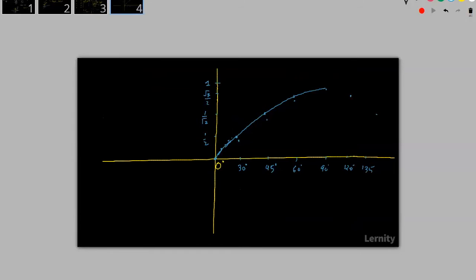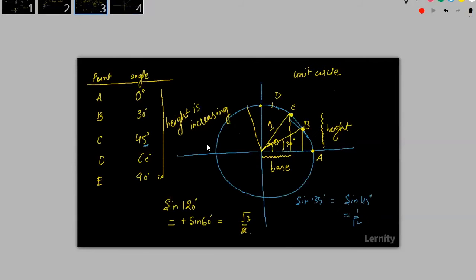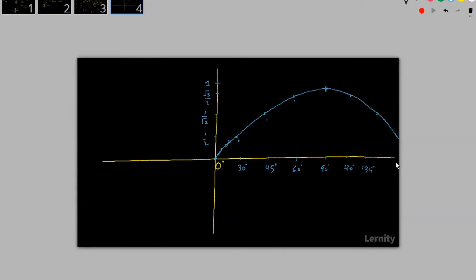Right? And same thing, as we move along, it will be the same. So this is exactly the same, so the curve will move exactly the same way, but down. Basically we have seen that for these values, the curve will first go up to a maximum at 90 degrees and then it will come down. And at 180 the sine will become 0. Understood?